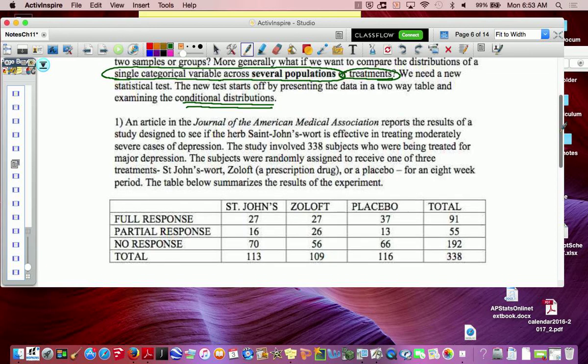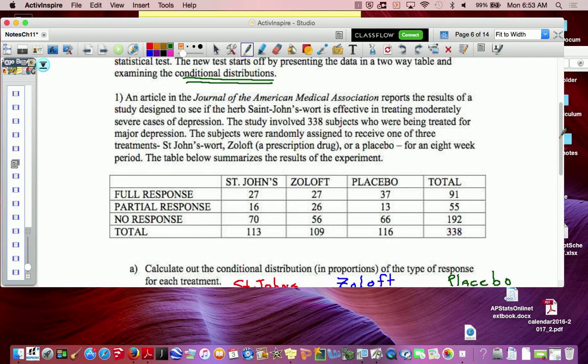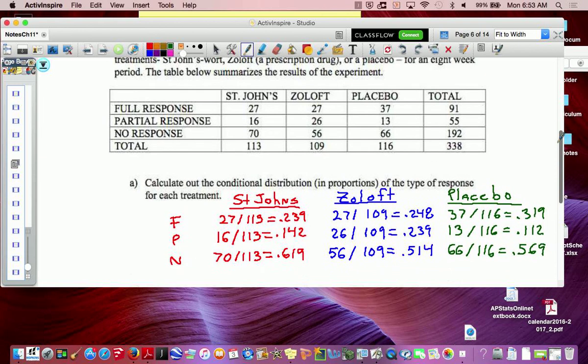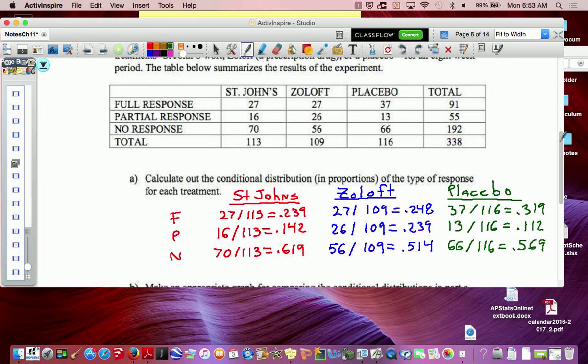So the first thing we want to actually do is calculate the conditional distributions in proportions of the type of response for each treatment. It's not good to compare the actual numbers, because you might be saying, oh, look at this, placebo had the highest number of full responses, but they also had more people in their group. So you need to change them to proportions. So you're looking at what proportions of success in each group they had. Okay? So down below here, I took a minute and calculated out the